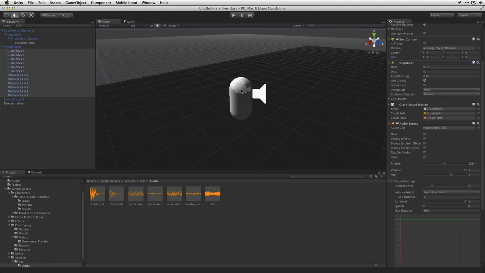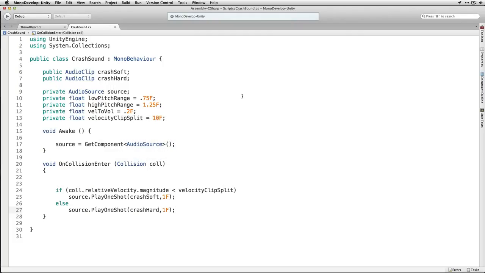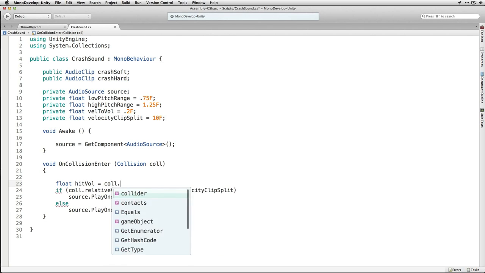We've got that, right? And it sounds pretty good, but you can still hear we're getting those repetitive clunk sounds from the things when they're falling, especially because they're always playing at the same volume and it just sounds kind of unnatural. So what we're going to do, we're going to use the volume from our collision. So we're going to declare a float called hitVol, and it's going to be equal, again, to